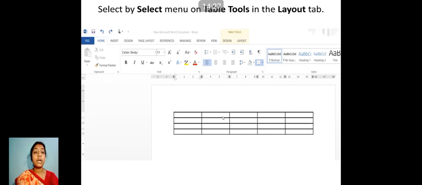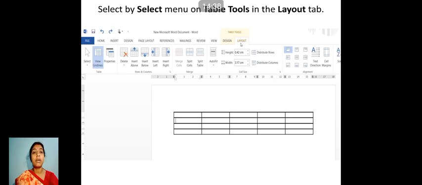Now, what you have to do is click on the table. You can see Design and Layout options. Click on Layout. Now, the very first option in this ribbon under Tables is Select. When a drop arrow is there, when you click on that drop arrow, there are certain options. Select Cell.